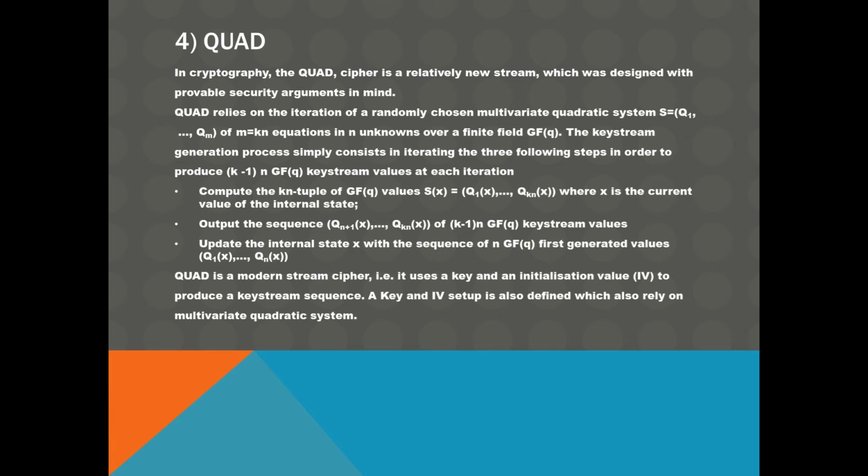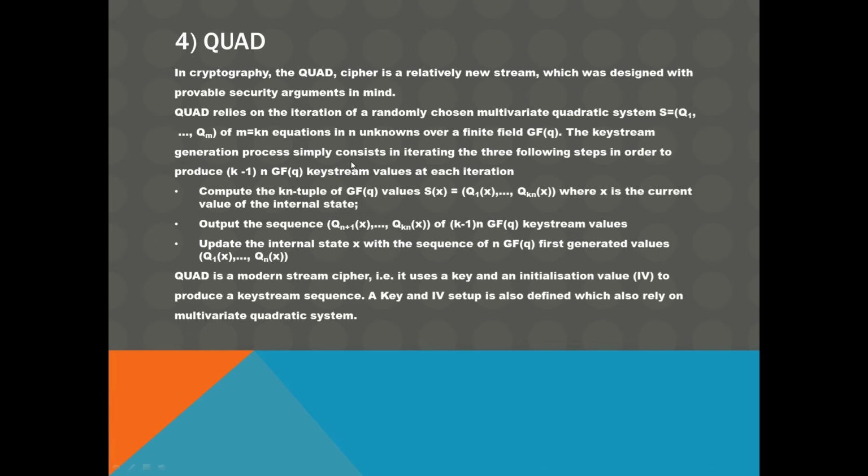So basically, consider you have some sets of quadratic equations, and in the quadratic equations you have m variables, and out of the m variables you have n variables which are unknown. Obviously n is lesser than m, and suppose you choose a multivariable quadratic system, and that is what I said, and in the process